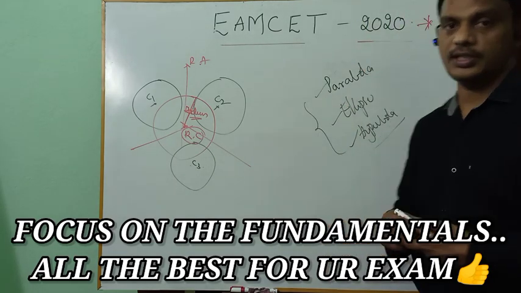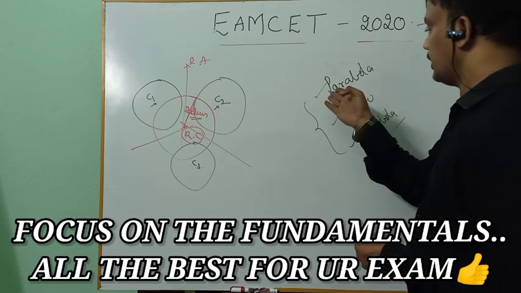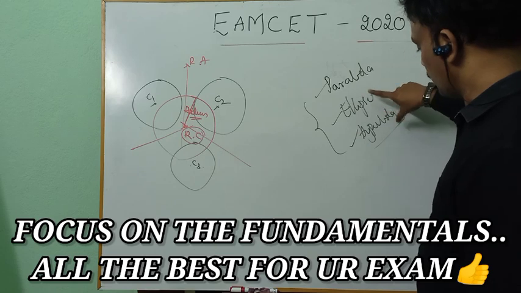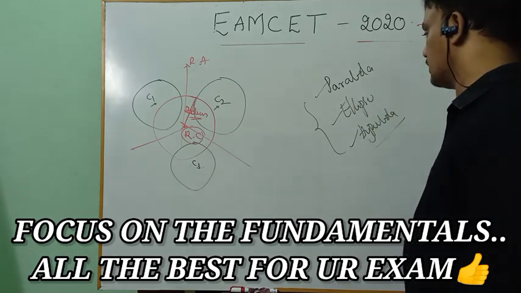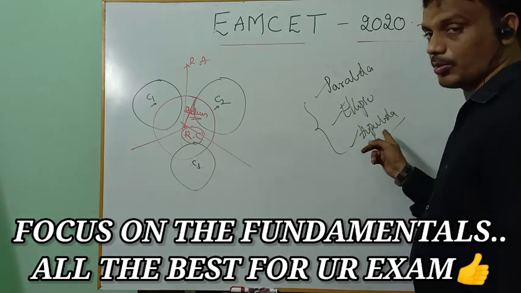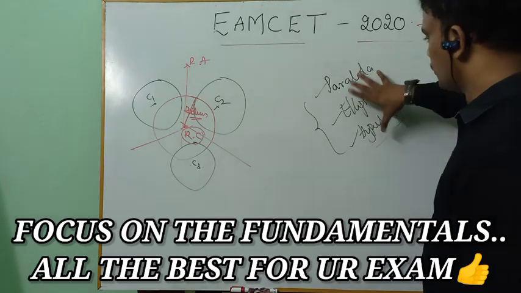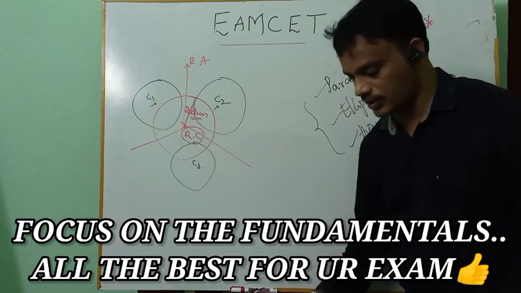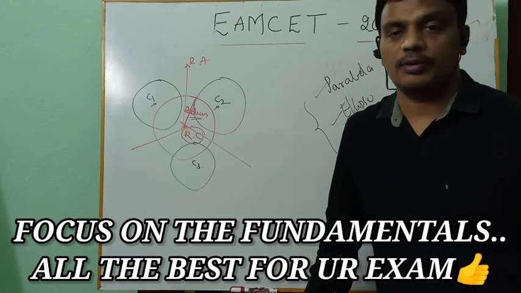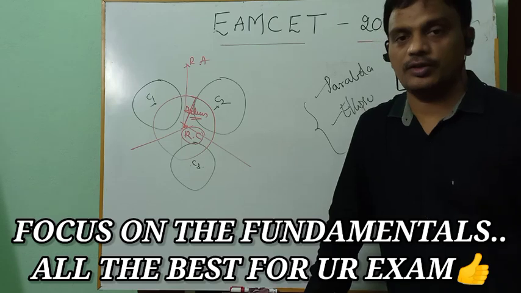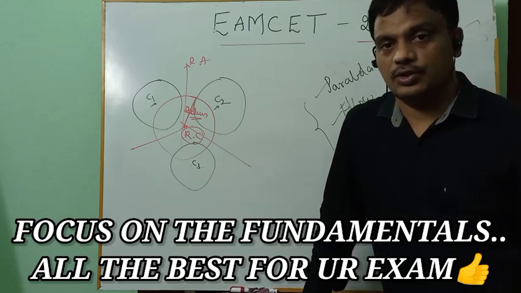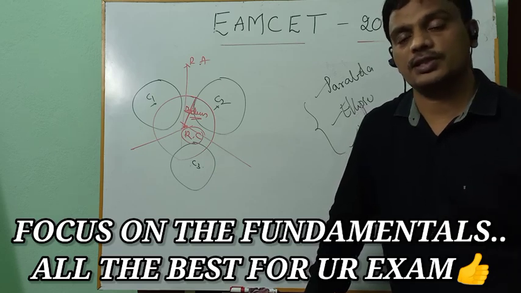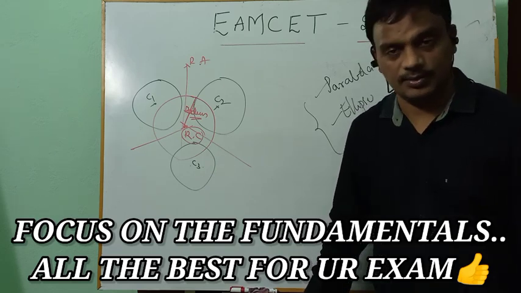Tangent rules: what is the condition for a line to be a tangent to the parabola, ellipse, and hyperbola? Please focus on that. What is the relation between the eccentricities? Hyperbola, conjugate hyperbola, and please focus on conic sections also. You will get those marks easily, particularly in maths, out of 80, you can get 70 or above. Once again reminding you, please focus on these concepts.